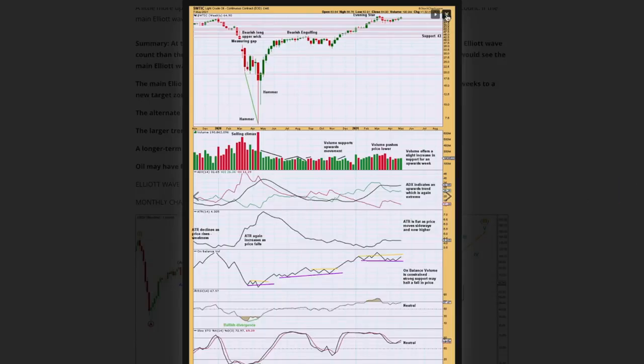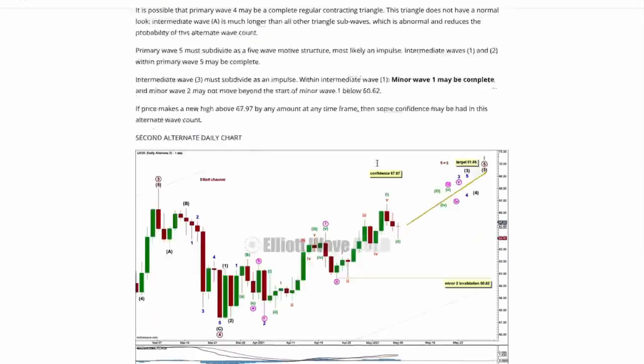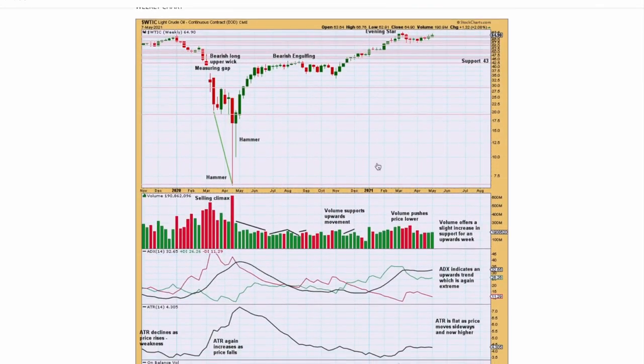Let's have a look at some classic technical analysis for US oil now. This week, another upward week for oil, the second week in a row at least. A slight increase in volume would support a more bullish outlook for oil. It's essentially consolidating though, and we need to see it break out of this consolidation in order to have confidence that the upward trend is resuming. That means in technical terms we would want to see a close above this prior high at 67 here.